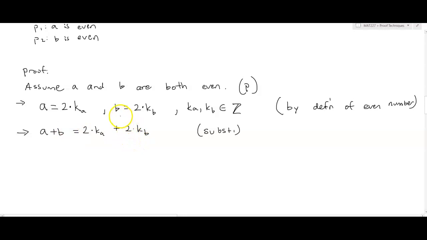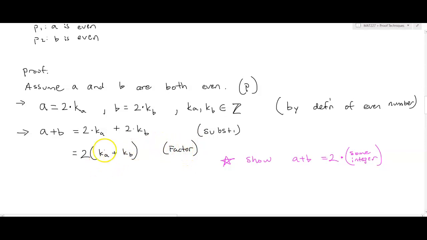Now, in order for me to end up saying that this is an even number, I need to be able to say, I'm going to write this off to the side, we need to show that A plus B is equal to 2 times some integer. Okay, well, I'm pretty close there. I see that both of these numbers have a factor of 2 in them, so I'm going to go ahead and factor out a 2. And if I do that, I'll just have KA plus KB. Okay, so all we did there is just factor.